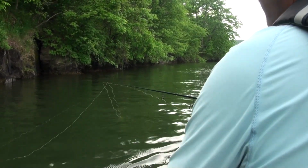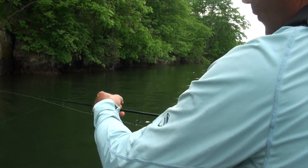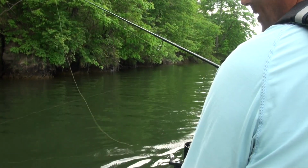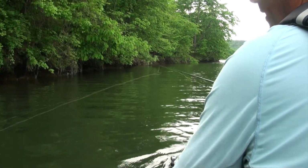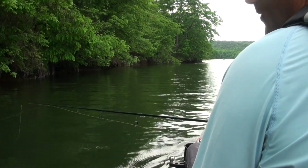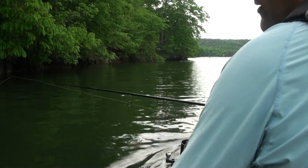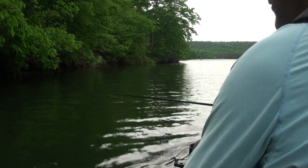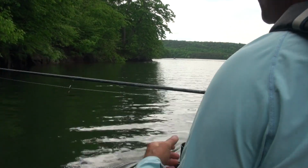technique that I've been using, casting the zinker forward, and as I'm moving forward at a very slow rate of speed, all I'm doing is keeping up with the line and watching it. I'm looking to see, does it twitch, does it move forward, does it move left to right, and once I catch up with it,